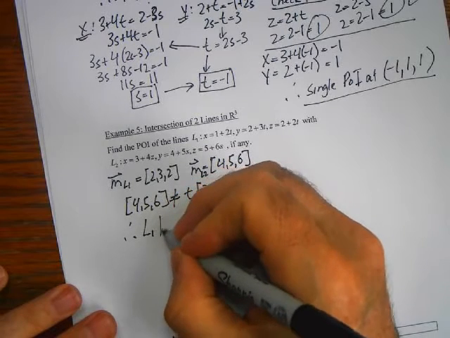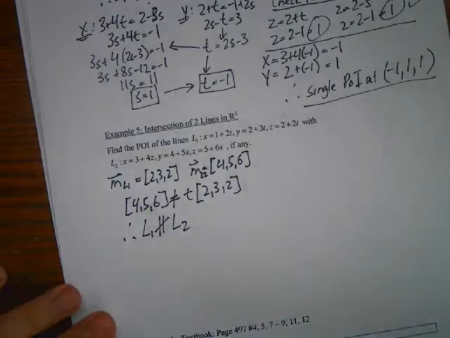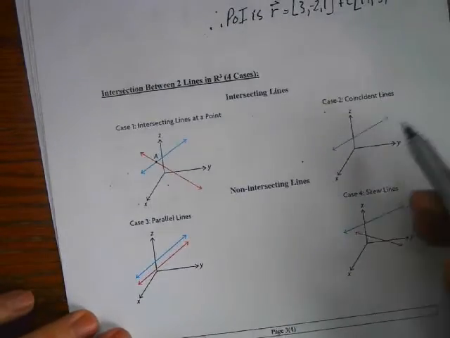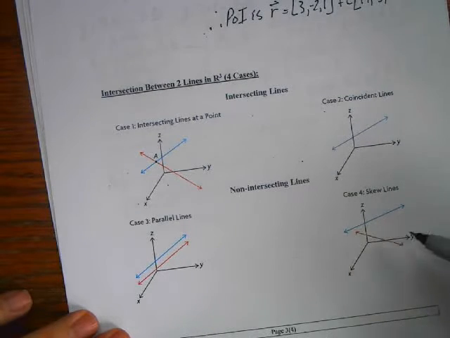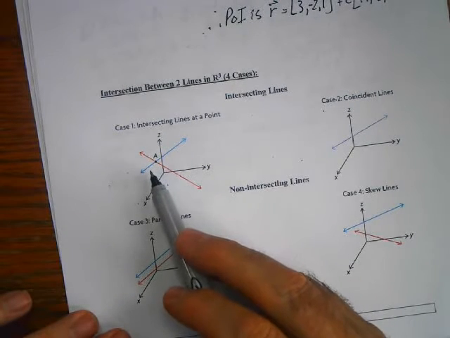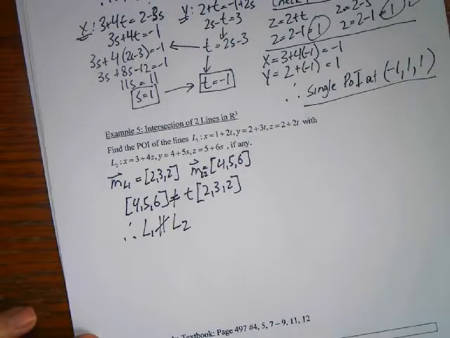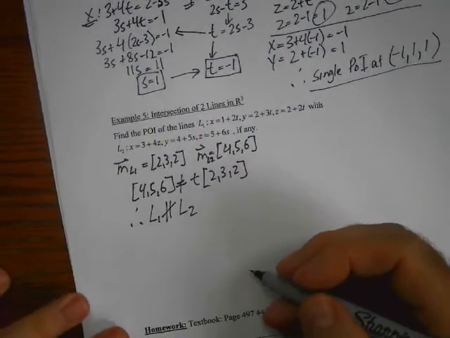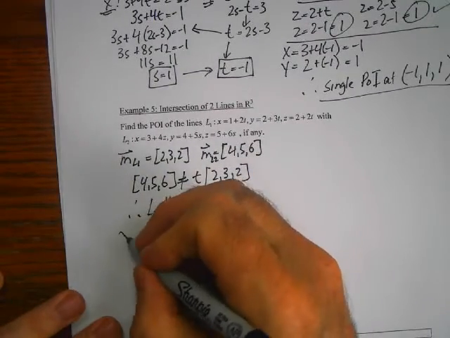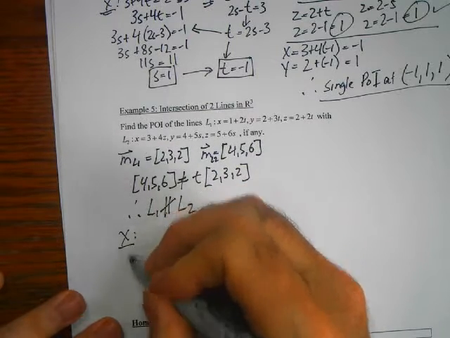So again, we've eliminated these two cases, 2 and 3. So either they're intersecting like the previous example, or they don't intersect. And you can probably guess what's going to happen here. We're going to do the same thing as we did previously. We've got parametric equations for both lines. We're going to look at each component separately. So for x,